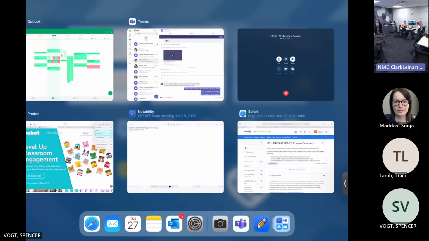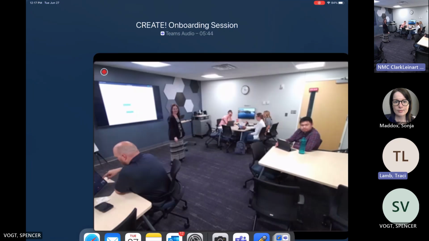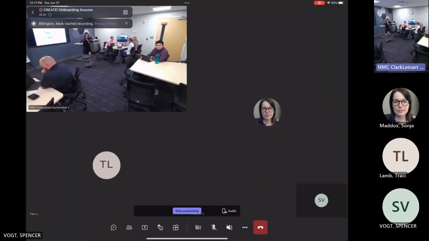So at the bottom of the screen, I don't know if you can see the row down at the bottom of your screen, there's a little arrow inside of a square. Oh, so I share it from the Teams screen.